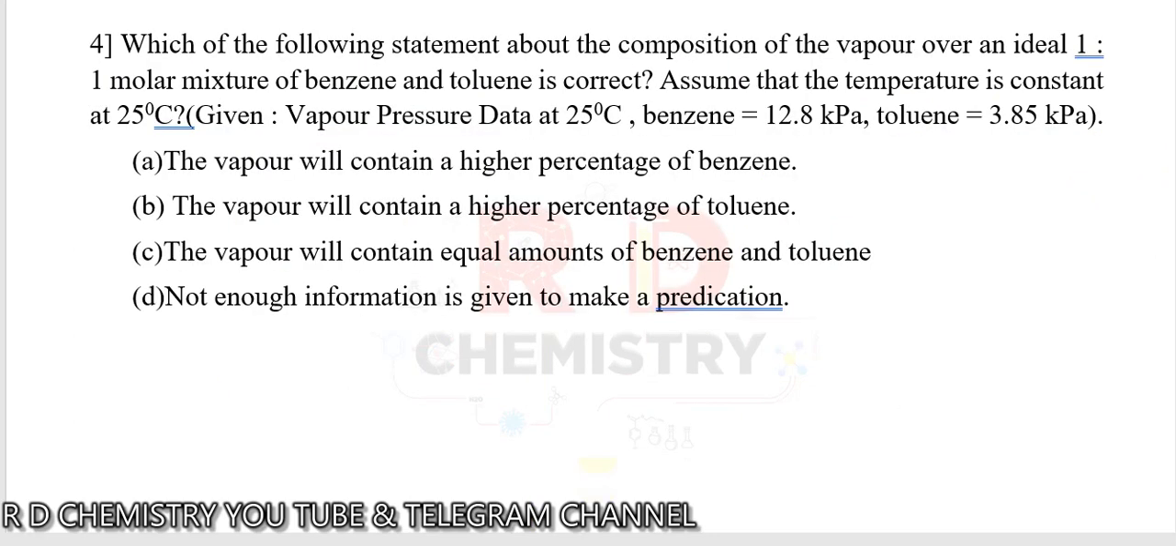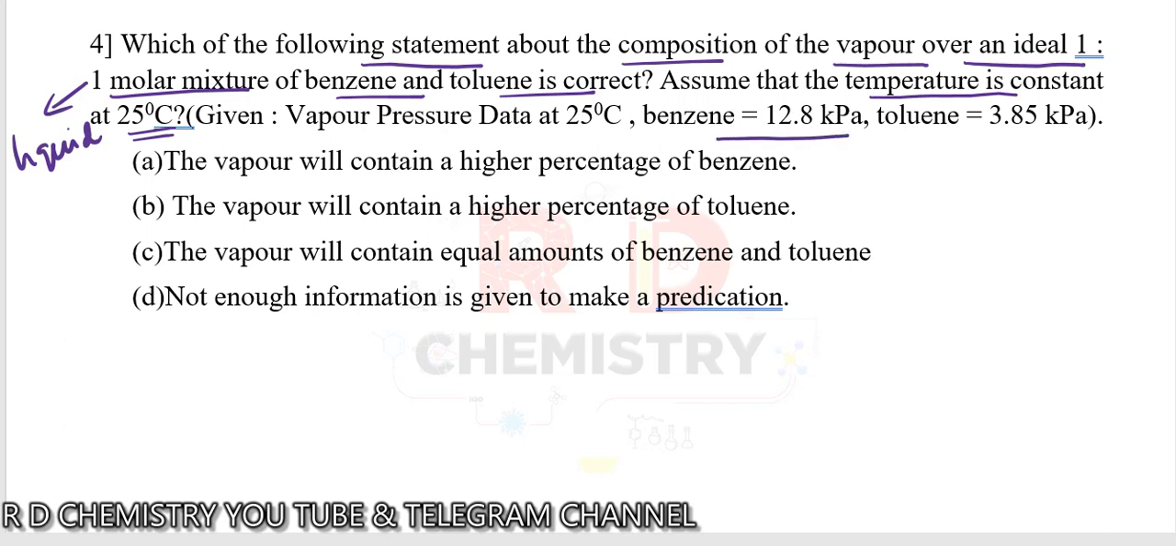Question number 4. Which of the following statements about the composition of the vapor pressure over an ideal solution of a 1 is to 1 molar mixture of benzene and toluene? Okay, this is in the liquid form now. 1 mole is to 1 mole, we can assume. Assume that the temperature is constant at 25 degrees centigrade. Vapor pressure data given at 25 degrees centigrade: the vapor pressure of benzene is 12.8 kilopascals and that of toluene is